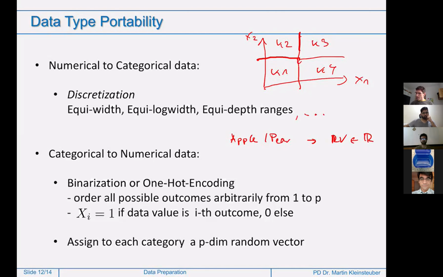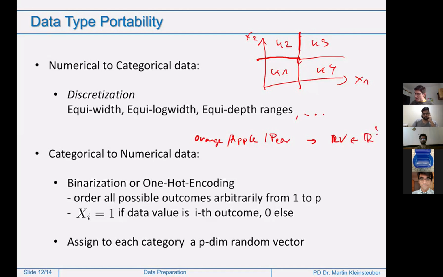Let's take orange, apple, and pear. Because if you only have apple and pear, we already did that, and we said, well, we go to R and we go to -1 and 1. Okay, that's good. If you have a third categorical variable that you want to map and you want to distinguish between these 3 ones,